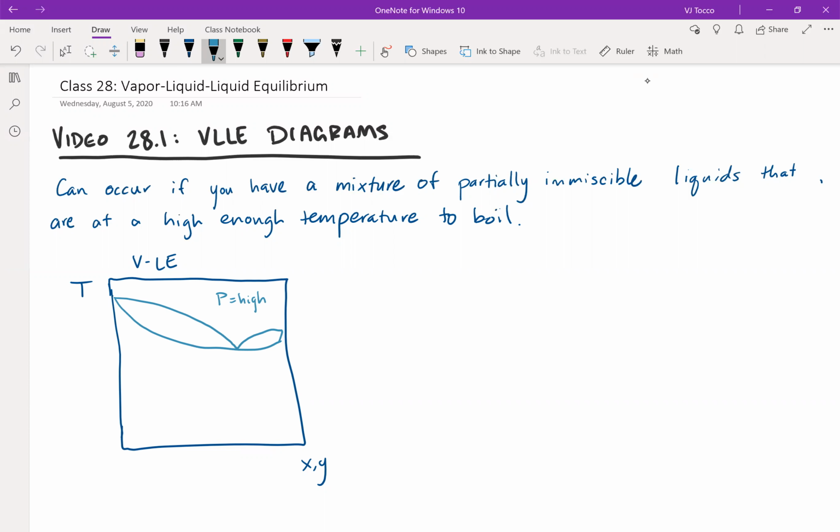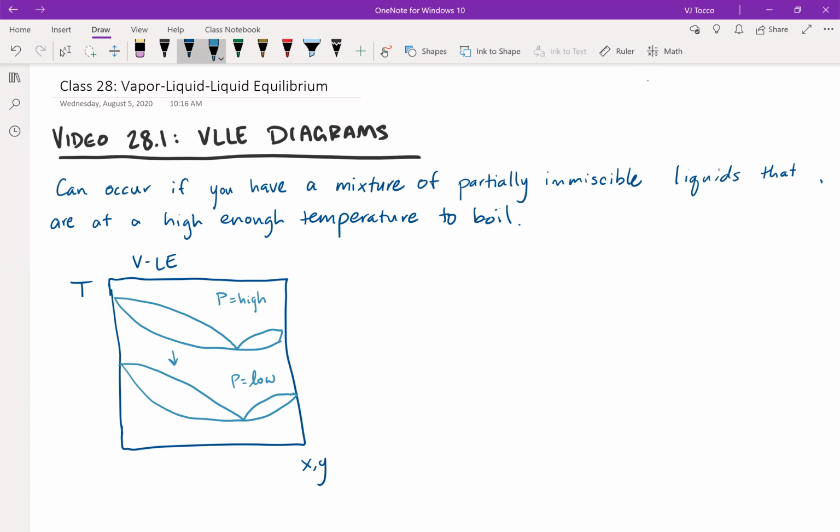It would probably look the same, just the magnitude would be different, right? These are supposed to look exactly the same, except my temperature is now lower. P is low. So the phase envelope, the bubble point and dew point curves, just shift vertically downwards if I decrease the